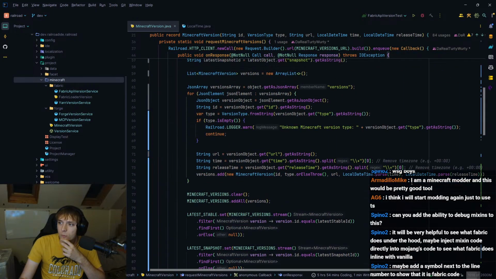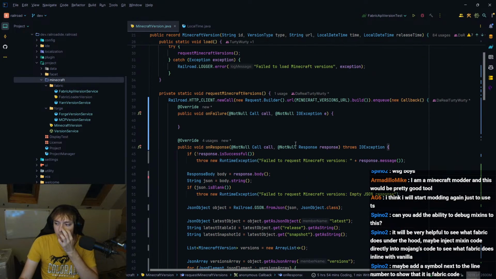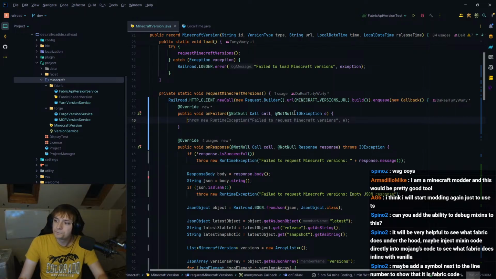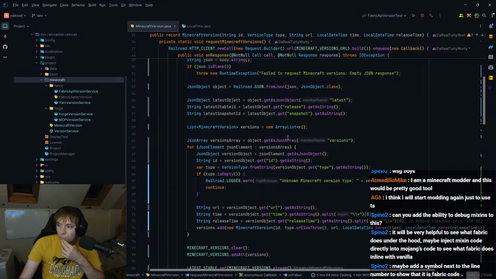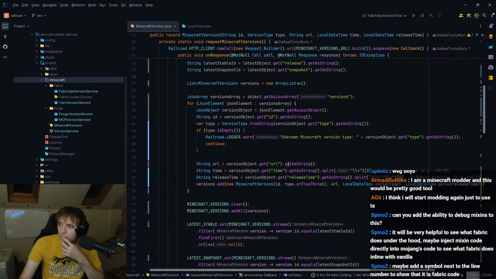Like if it failed, I would want you to be able to click, hey, would you like to retry? Right now that's kind of physically impossible with this code, but like here I wouldn't want to throw an exception. That's suboptimal. I would have it show some kind of error dialog that you can choose to try again or something.